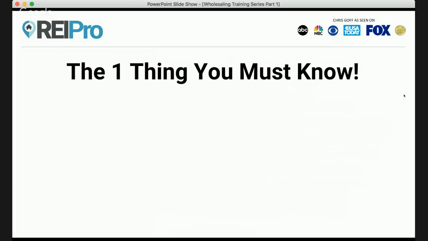But there's one thing you have to know, and this is the part that people truly don't understand. It's not that they don't understand what a lease option or wholesaling or whatever strategy it is. What I found out is that people don't know how to connect the dots. It's understanding how to put the pieces together. What do you do first? And I hear people say, hey, Chris, I've done this and this, but now what? And they don't understand. So they go try to research it and then they get more confused because now everybody's